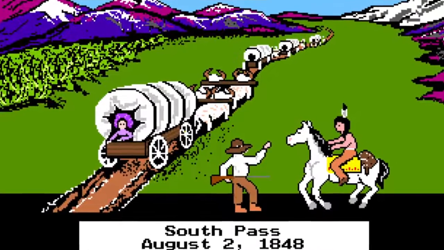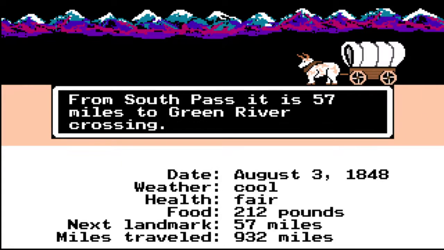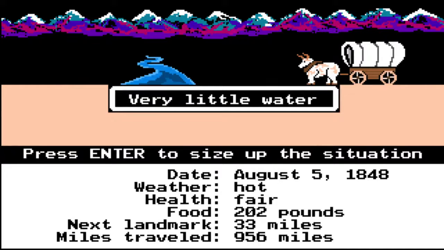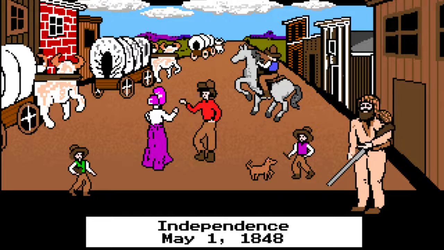Missionaries were determined to convert Native Americans, whether they liked it or not. And finally, after the discovery of gold in California, around 30,000 prospectors also hit the road in the hopes of striking it rich. In the game, you're never told why you and your family are on the move, but you are told you'll be starting your journey in 1848 from Independence, Missouri.